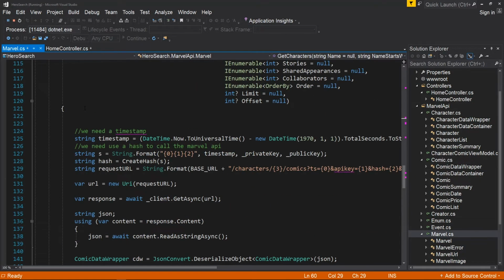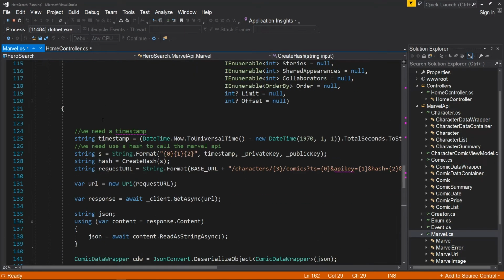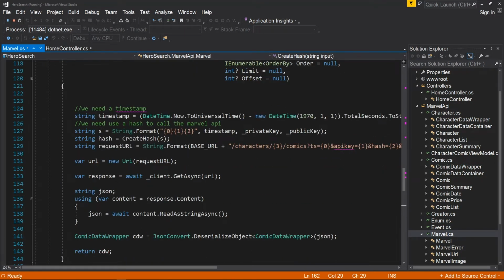Down here, I have the create hash function that I wrote, and I'm not going to go into detail on how all this works. You can definitely read about it, but if you're just downloading our code, it'll be included in our Git repo. Essentially what it's returning is this hash string right here. It goes through all this work to do that. Now that I have a hash, where I'm making it right here, I can say create hash, pass it the string of them mashed together,